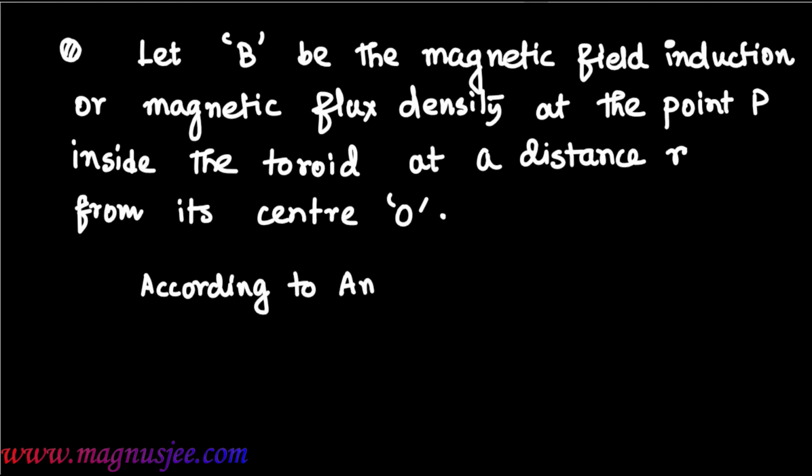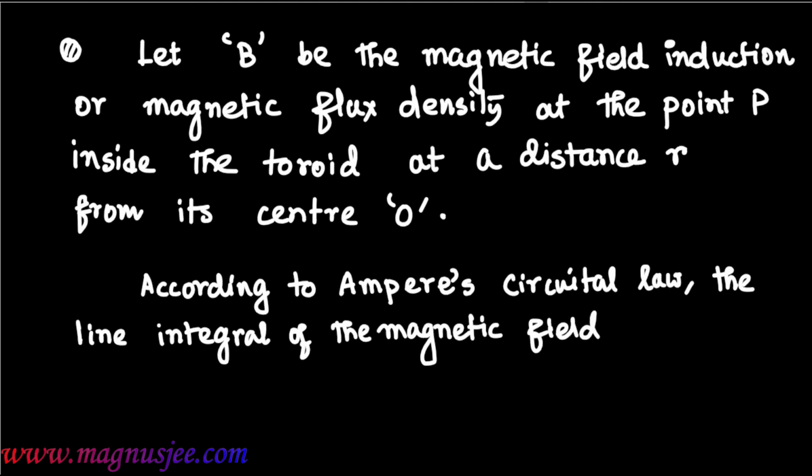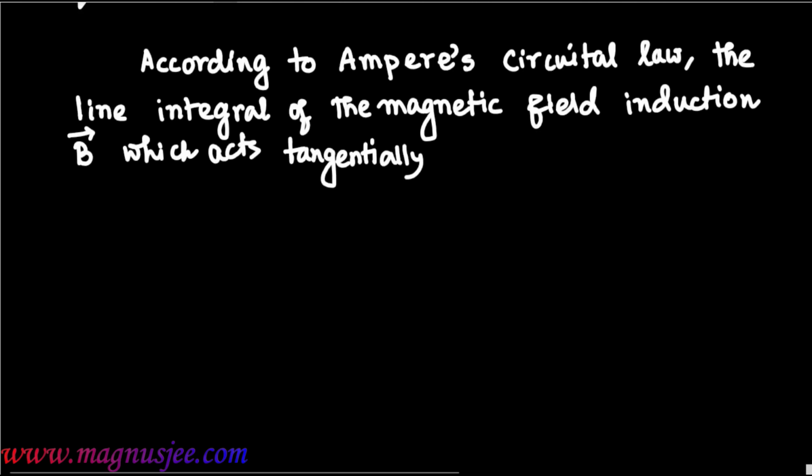According to Ampere's circuital law, the line integral of the magnetic field induction or magnetic flux density, vector B, which acts tangentially on the anchor ring of the toroid,